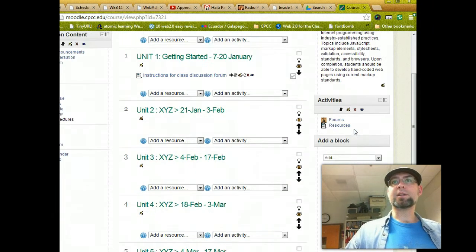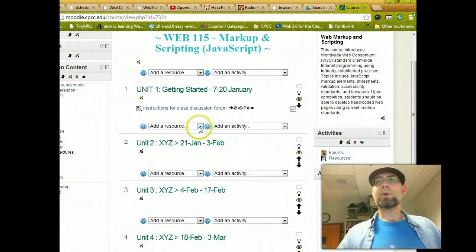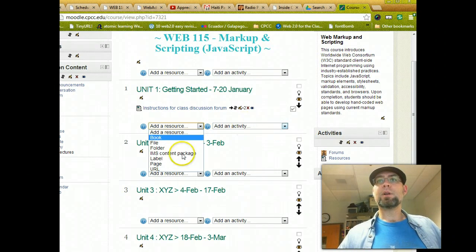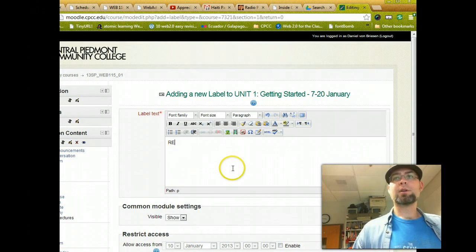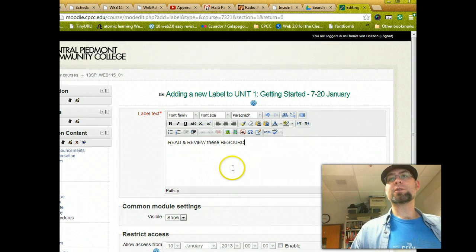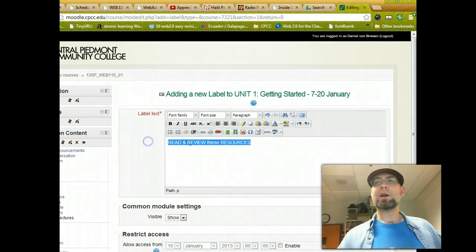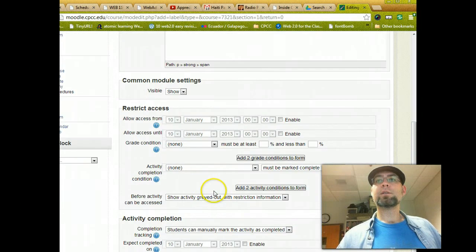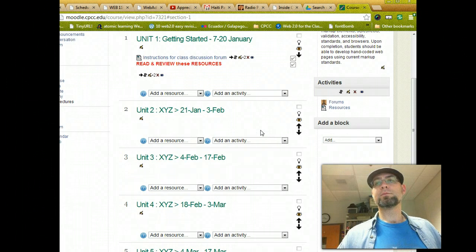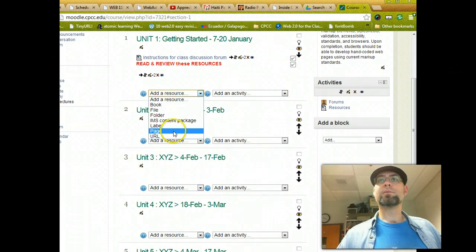So then another thing I like to do in each section is I'll add a resource, a label, and I'll just put something like this. Read and review these resources, right? And I want them to stop and read, so I'll highlight that and make it bright red and bold. And then I save that, and then I'll do another one,